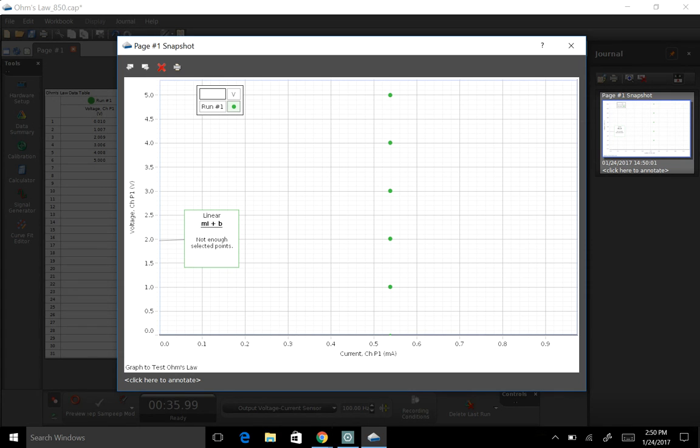You're done with the experiment at that point, except for testing your hypothesis. How are you testing your hypothesis? Depending on if you chose series or parallel, you're going to take a second resistor. Remember, the color code needs to be different, and you need to go through the same steps of determining what the resistance is for this. And if I chose to do parallel, I'm just going to double up here,